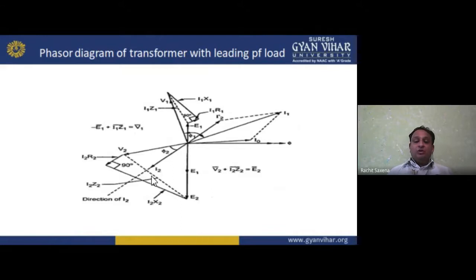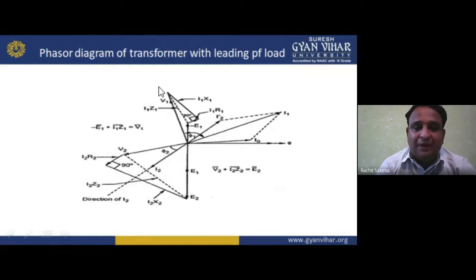In capacitive load, the current leads the voltage by the angle theta, or 90 degrees if it is ideal. Practically, it is phi, but the current leads the voltage. In lagging, the current lags with the angle of 90 or phi with respect to V. So similarly here, we have I2 which is leading, that I2 dash, and I1.